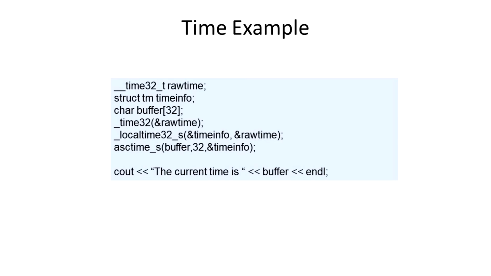Okay, so looking at the explanation here, we see that we need to include time.h, so that's going to be at the top of the file. And then the time date is stored in a variable of type _time32_t. So this is a variable that exists within the class time, and then there's actually an _time32 function, which will populate that particular variable, passed in as a parameter, with the current system time. Okay, the number of seconds, all right? And those number of seconds are then passed to the